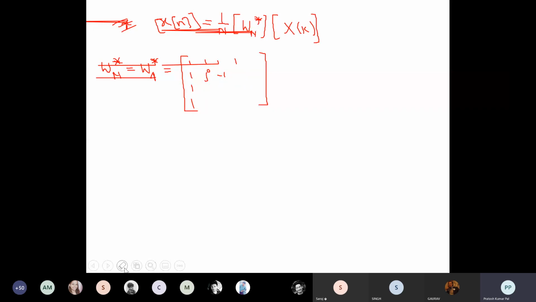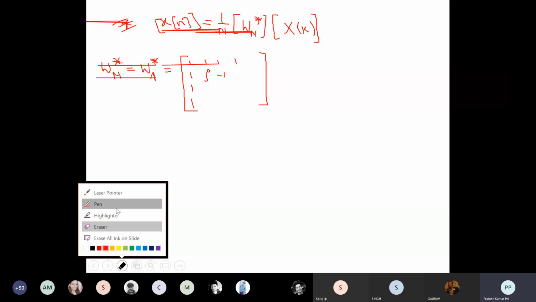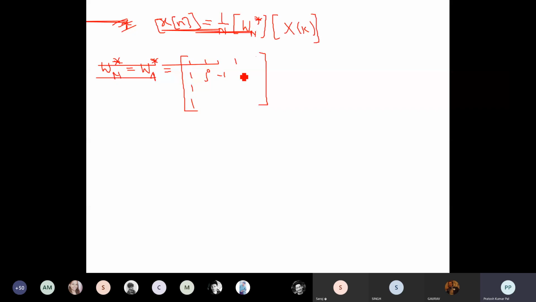Okay, so here it was plus, so it will become minus. So we have gone through all these things. Do you have any problem regarding shifting and all? This will be minus j, minus 1, plus 1, minus 1. Here it was plus j, so it will become minus j, and again minus 1. This is minus, so it will become plus. So this will be your W4 star. Okay, this is the complex conjugate of W4.